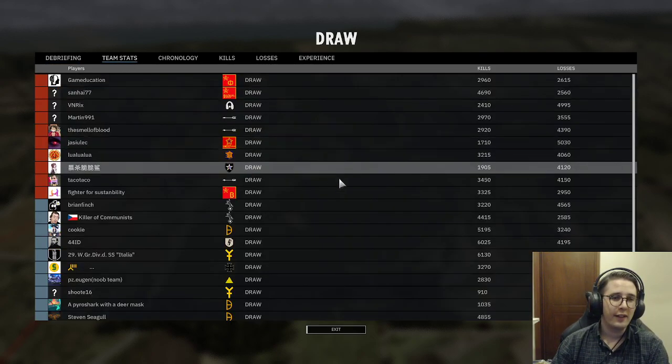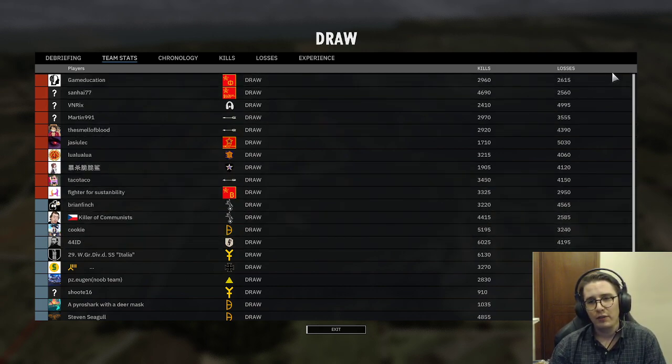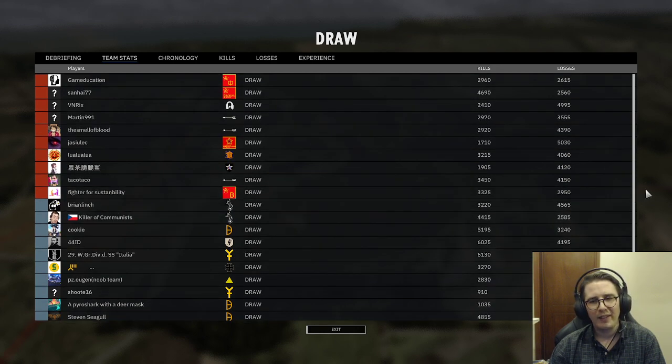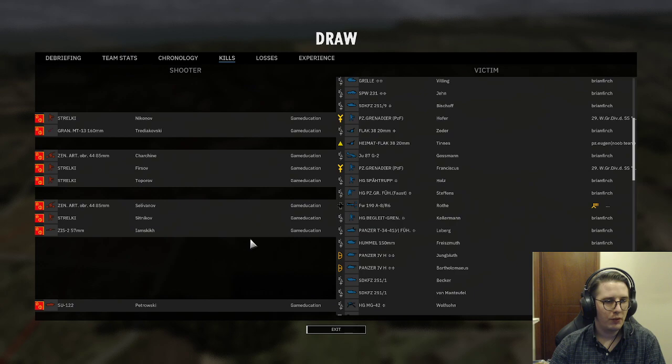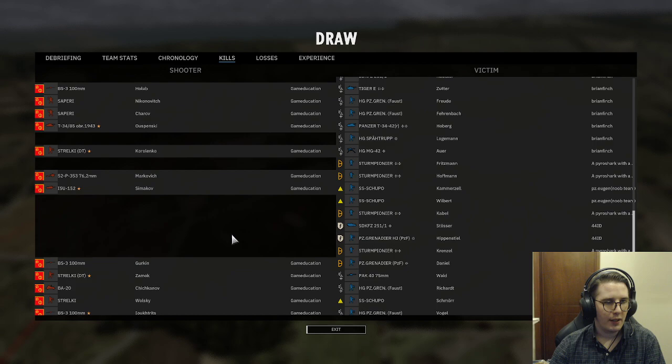So let's have a quick look at the team stats. Got about 3,000 to 2,600 for this game. I find with the 10v10s, it's not always, what would you say, an accurate measure of the effectiveness of units. Like if we have a look at, let's say, there's one Zen artillery here with two kills. This one got one kill,